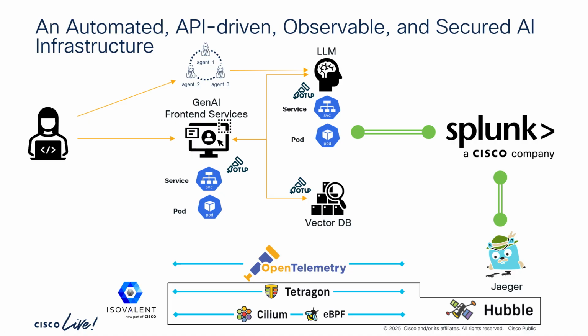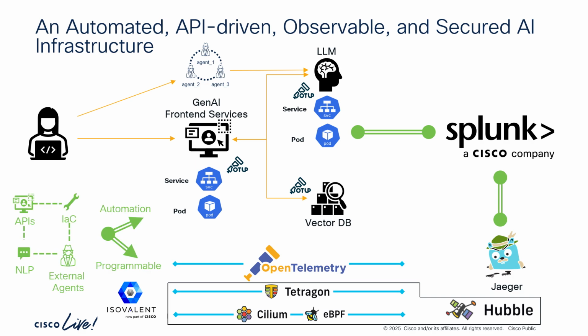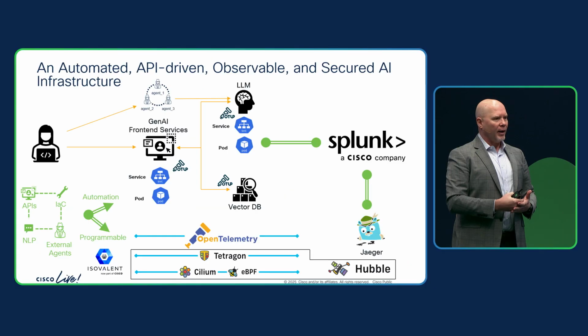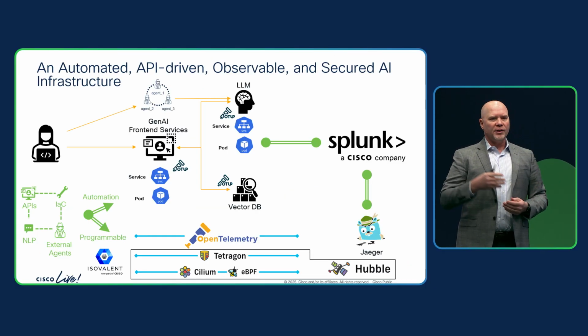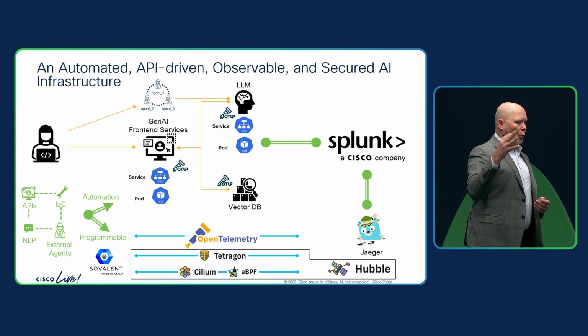And so this is where we want to leverage the technologies that we normally leverage in the back end to instrument, but also get correlation against these solutions. And then the thing that we're here to understand is no matter what you're using, whether you're doing programmability by using an API, you're using infrastructure as code, or you're building your own agents, you're going to need automation and programmability to interact with every single part of this infrastructure.